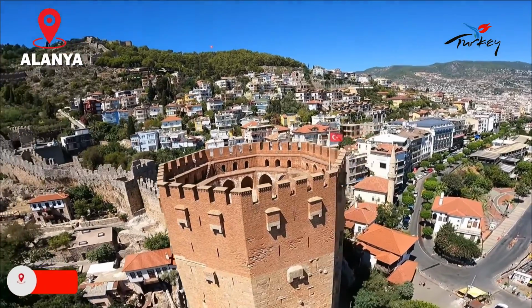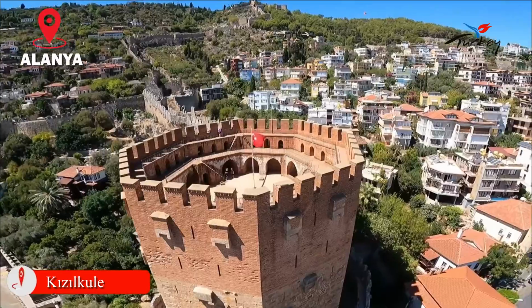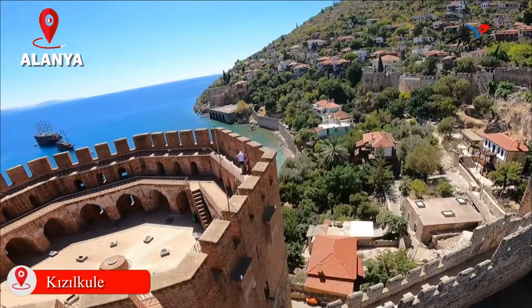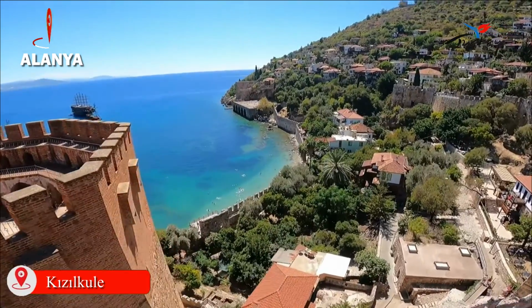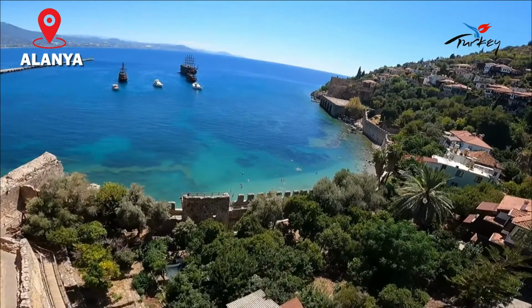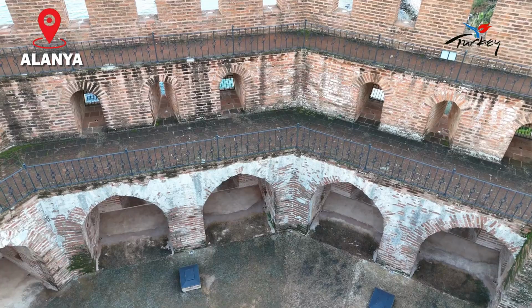Red Tower. It is one of the historical symbols of Alanya. It was built by the Seljuk Sultan Alauddin Keykubat I in the 13th century. Its architect was Abu Ali Ria el-Qahtani, a master builder from Aleppo. The Kızılcaşehir port, built with an octagonal plan, was built to protect the shipyard and Alanya Castle against attacks from